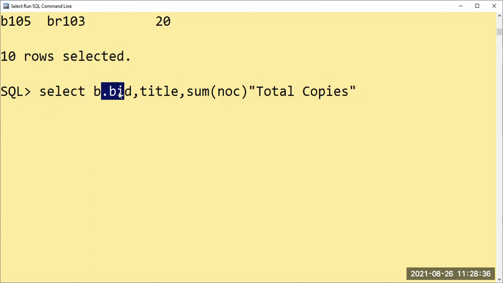We are going to display the book ID. Why have we mentioned the B dot book ID? The reason is that we are going to take the book ID from the table book, and the variable we are going to create for the book is B, as an object here. And the title is also present in the book table, so there is no need of giving the object. It is single, so the compiler will understand.